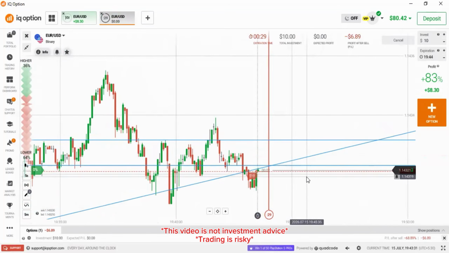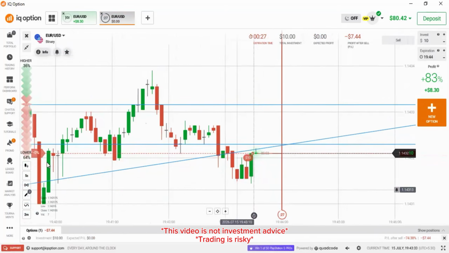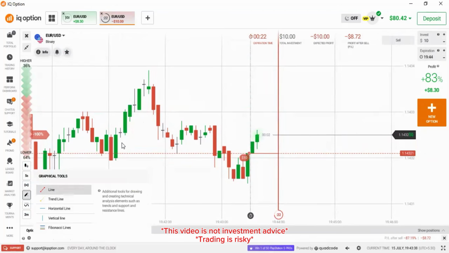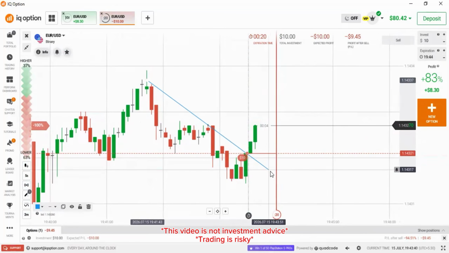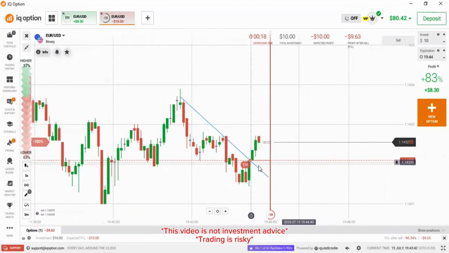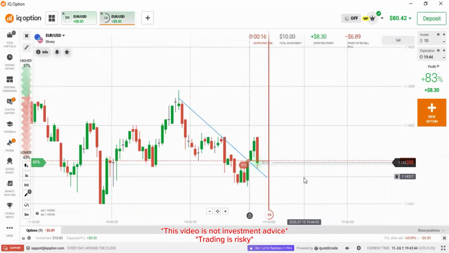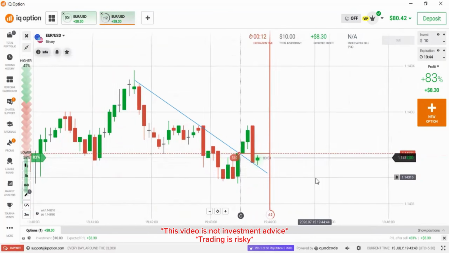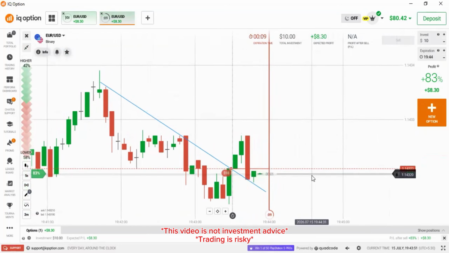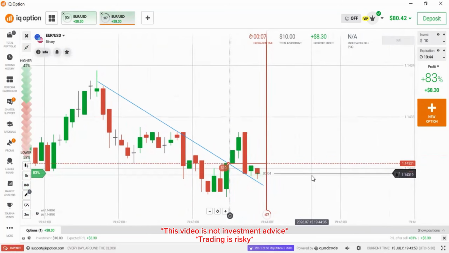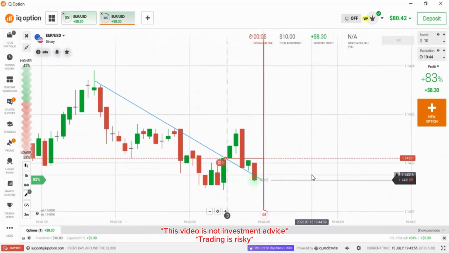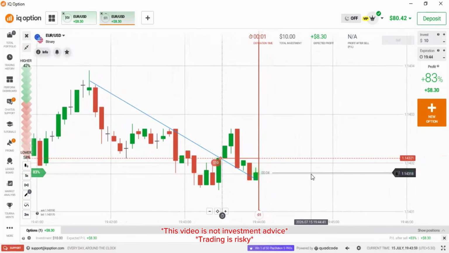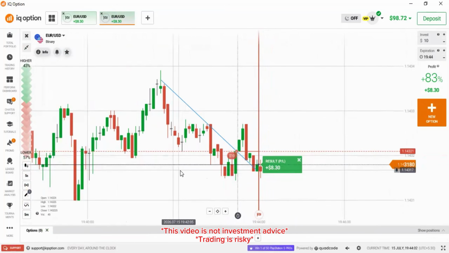Okay. So I placed a lower option trade because I will show you here. So it is a level. So I placed my trade here from this point because the market wants to break the level. That's why I placed my trade here, a lower option trade. Okay. So it is a winning trade